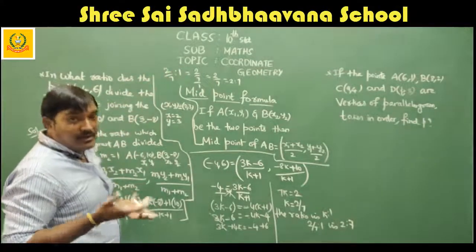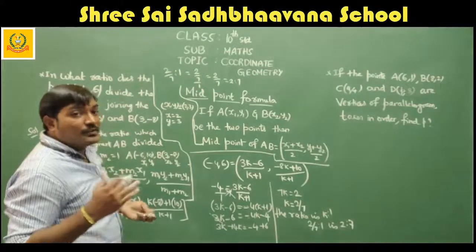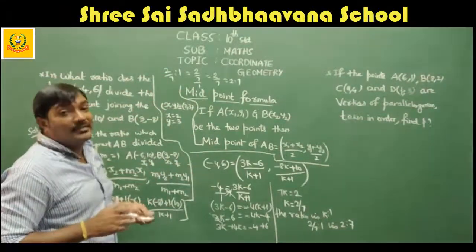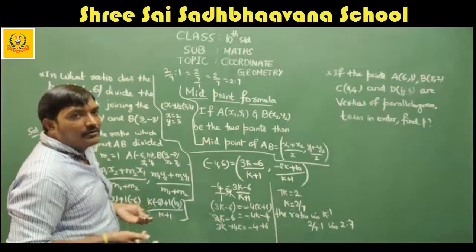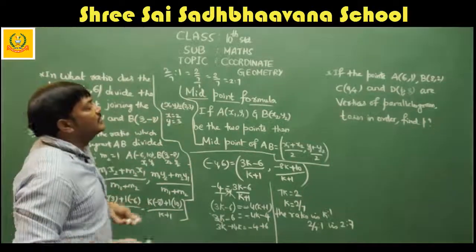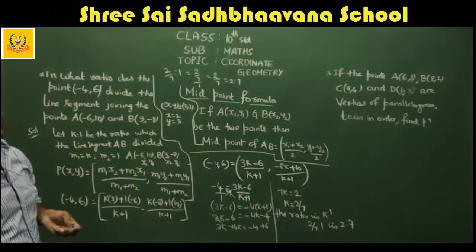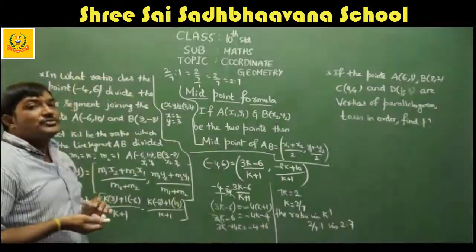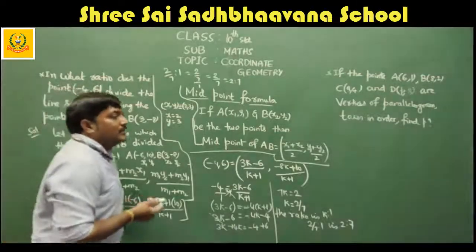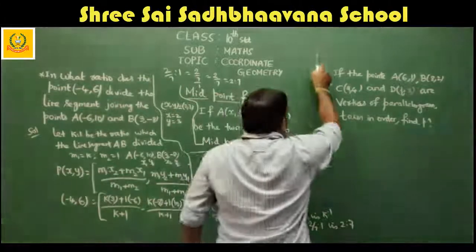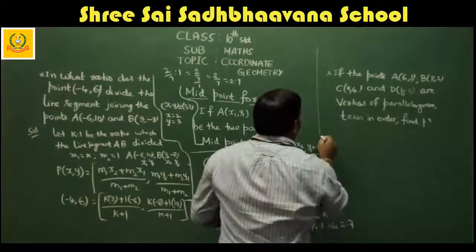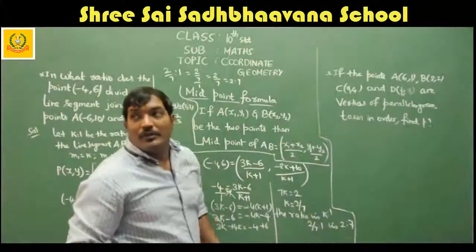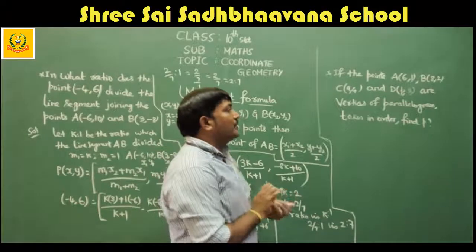Is to 1 is nothing but divided by 1. 1 is to 2 is the same as 1 by 2. 1 is to 3 is the same as 1 by 3. In a similar way, 2 by 7 is to 1 is the same as 2 by 7 by 1. Anything divided by 1, you will get the same number. So which is 2 by 7. 2 by 7, you can also write as 2 is to 7. So the required ratio is 2 is to 7. Okay? This is also one sum which you can expect for 3 marks. Got it? So now the next sum.